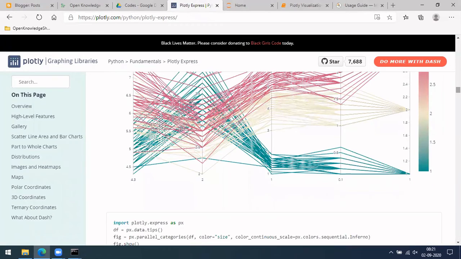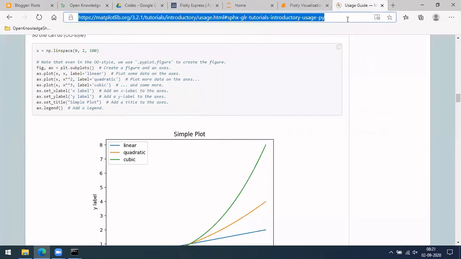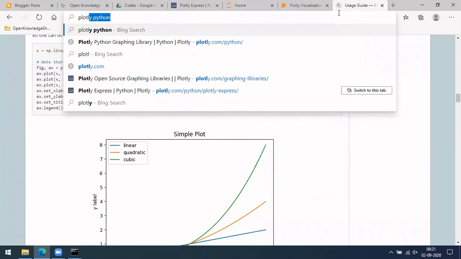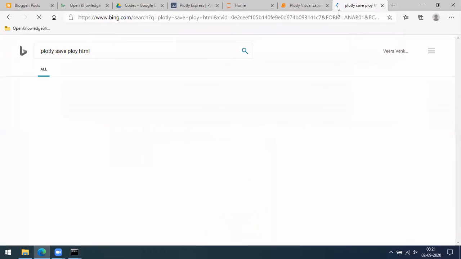Some code will be there. Let me search here. Okay, not this. This is to run on server. Go for plotly save plot HTML.